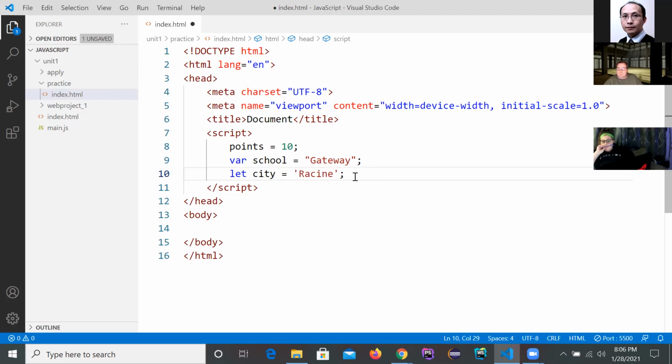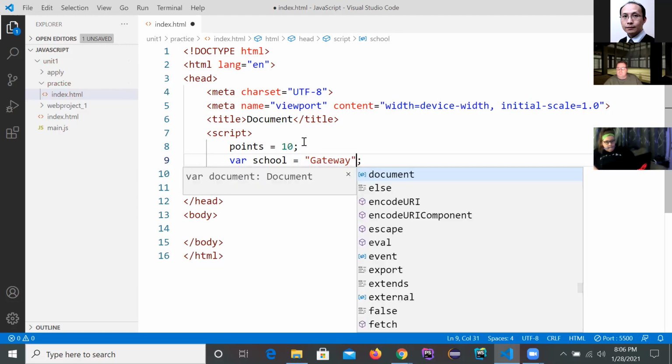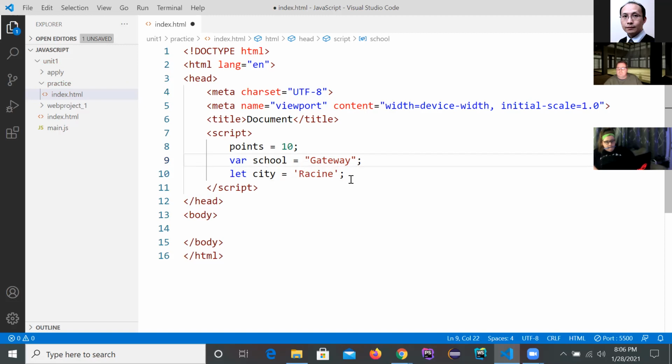Okay, but you cannot mix them. Like you cannot do a double quote and a single quote like this. Okay, if you do that, it's an error, and vice versa. So the opening and closing quotes must match. Okay, so we'll talk about